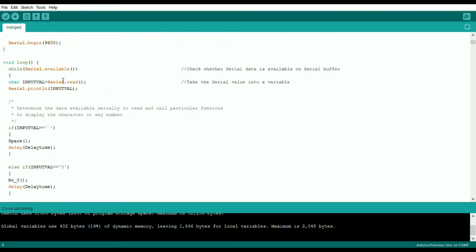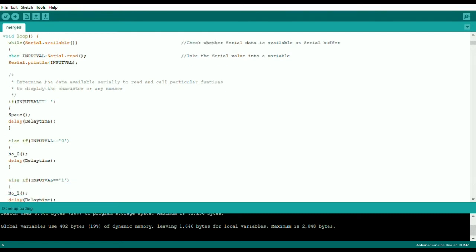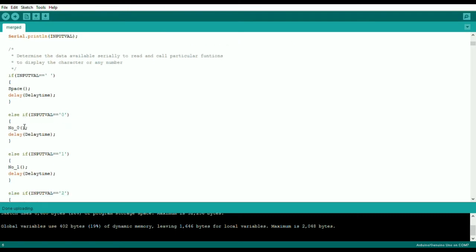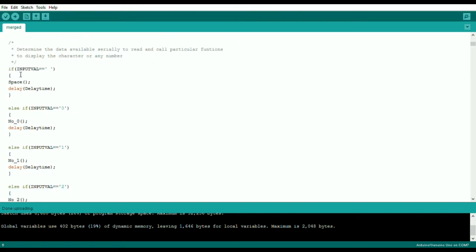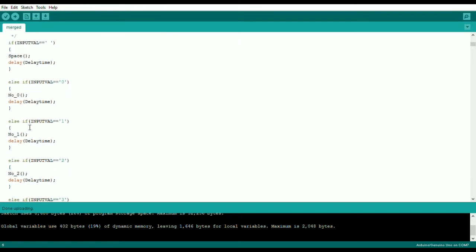Now as I am getting serial data in my input value character, I need to check whether that data received is a character, is a number, or whatever it is. So using if else conditions, I have defined many conditions. Just for example, first I check if there is a space.